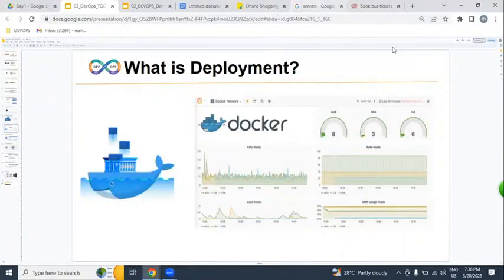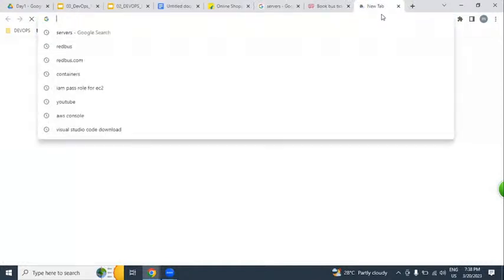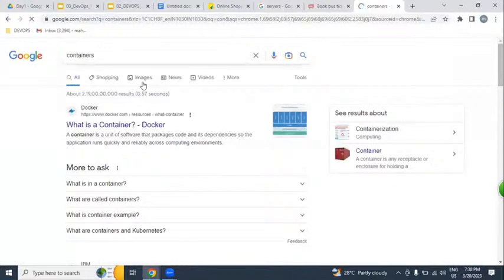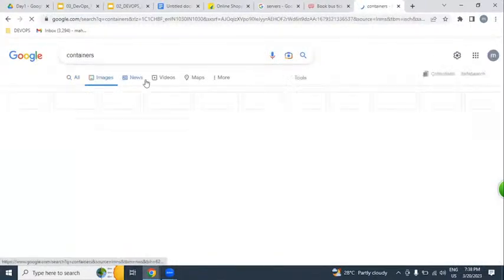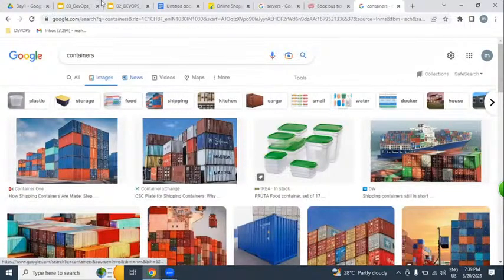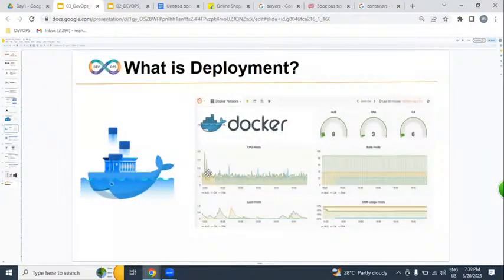To understand this point, listen very carefully. I think each and everybody knows about these containers. What is the purpose of this container? Just transporting seafood, maybe fishes, prawns, whatever. The same way we are going to be using Docker containers also. But here we are transporting seafood, and there we are transporting product applications, websites, Java applications, .NET. That is the difference. Both use the same features, the same functionality.